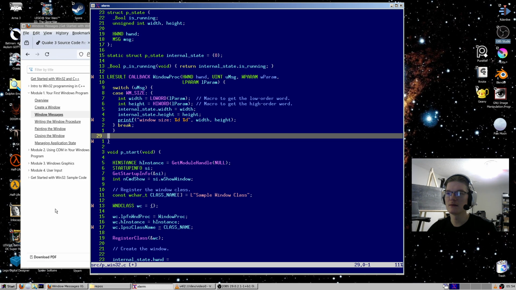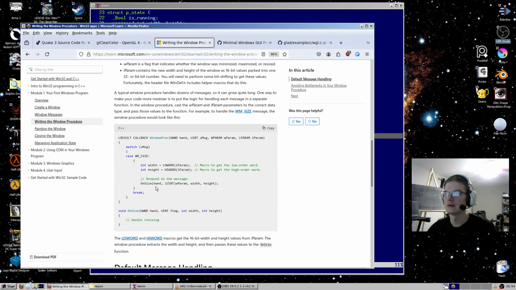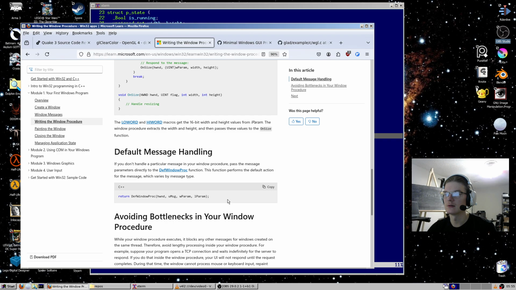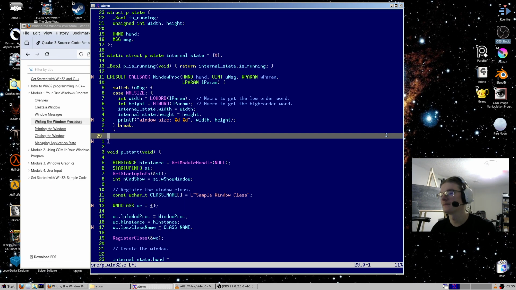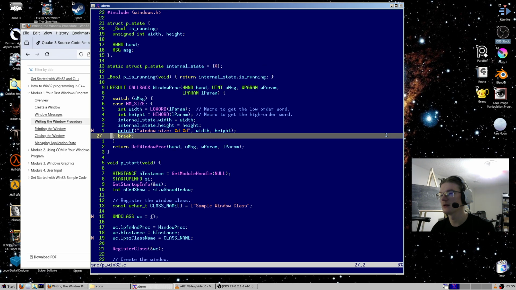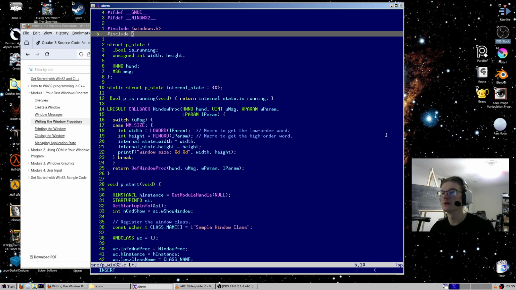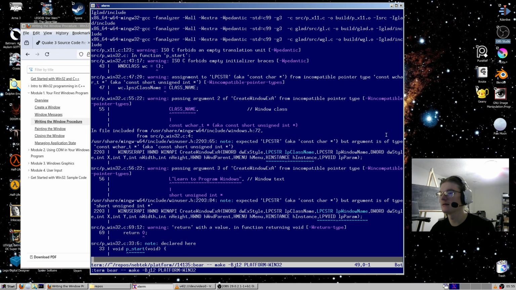It might be the window procedure. Wait a minute. If I go in here, where do I return something? Yeah, this is the piece of code that I need. All right, so just paste that in there. And that should get rid of that warning up here about not returning a value. And then here, printf, we just need to include stdio.h, I'm pretty sure. Yeah, that fixes that. And then if we run this again,